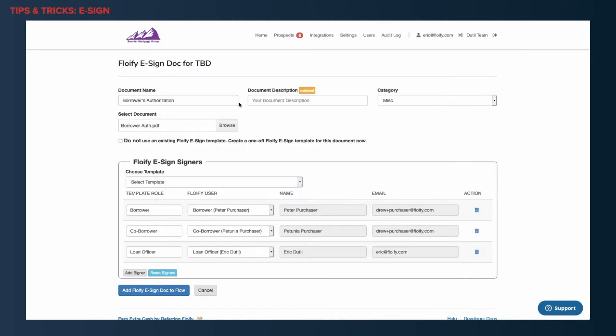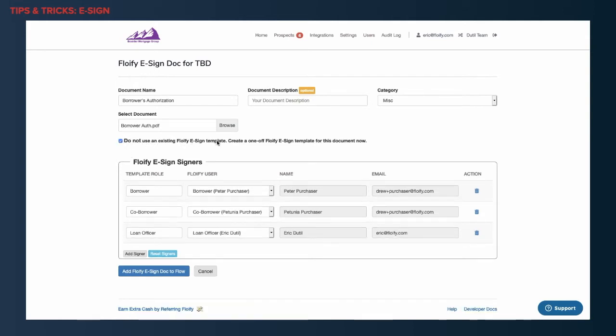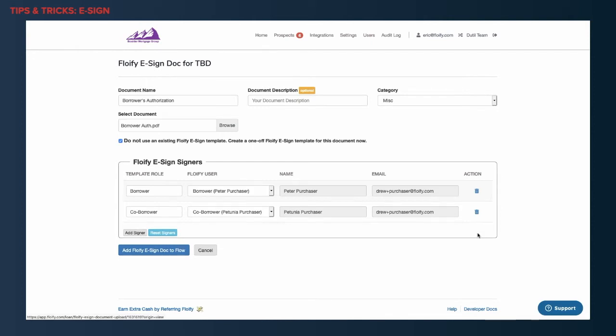There's my borrower's auth. All right, now if I did have any templates here, I can go down and I can use the templates, which would pull the tags over. I don't though, so I'm gonna say do not use an existing template here. And then my signers are gonna be right down below. So here's my borrower, Peter, my co-borrower, and my loan officer. It's there by default, but since I don't actually need a signature for myself in this case, I can go ahead and click the trash can there. And then I can always add additional signers here if I needed to. Or I can reset the signers if I needed to put the LO back. Now, once I click Add New Doc,